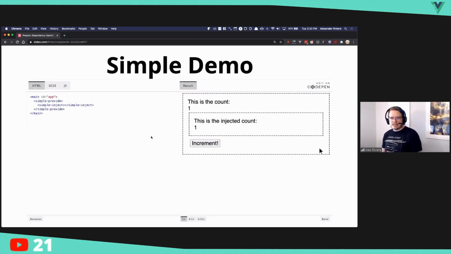So here it is actually working. We have our simple provide component here. And inside of its slot, we have a simple inject, right? So over here where it's displayed, this is the count 1, that's displaying our count. And then here's the injected count, right? So there it is. So outer component, inner component. This could, once again, be as deeply nested as it needs to be. Now, when I click the increment button, we expect that the count